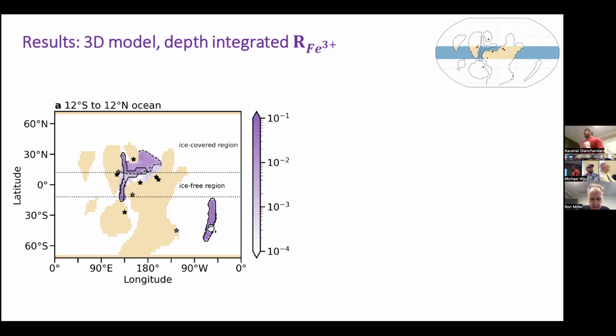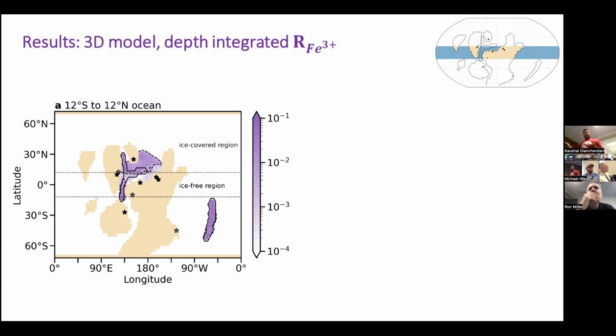And any iron that is coming out of the hydrothermal vent in the well-ventilated part of the ocean is precipitated at that very grid cell. So you do not have any precipitation of iron away from the hydrothermal vent. The dashed line here marks the minimum concentration that we had estimated from the Sturtian BIFs. We are 1 order of magnitude higher than that minimum concentration.